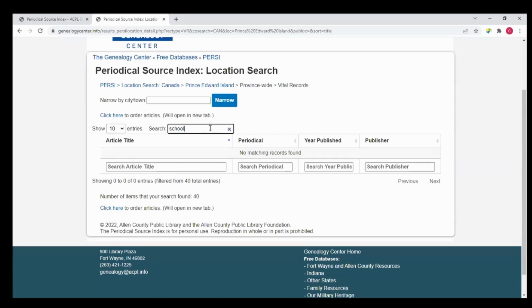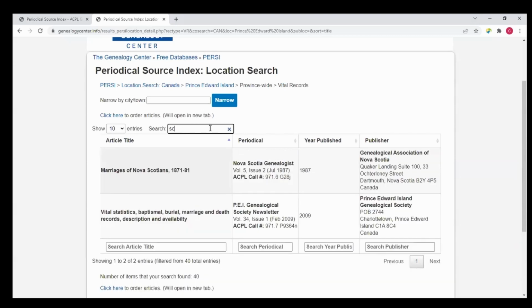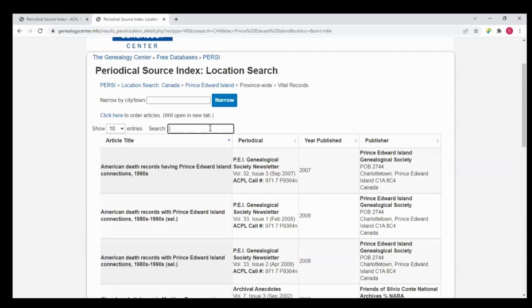school, and there's nothing in these set of search results, these 40 results. I mean, play with going back. Okay, I didn't get school, I got Nova Scotians. I thought I was in Prince Edward Island. Oh, okay, you make the connection. There's just a lot of playing that can be done, and it's useful to discovering everything that's possible in an index that's been around for a few years and continues to be added to.